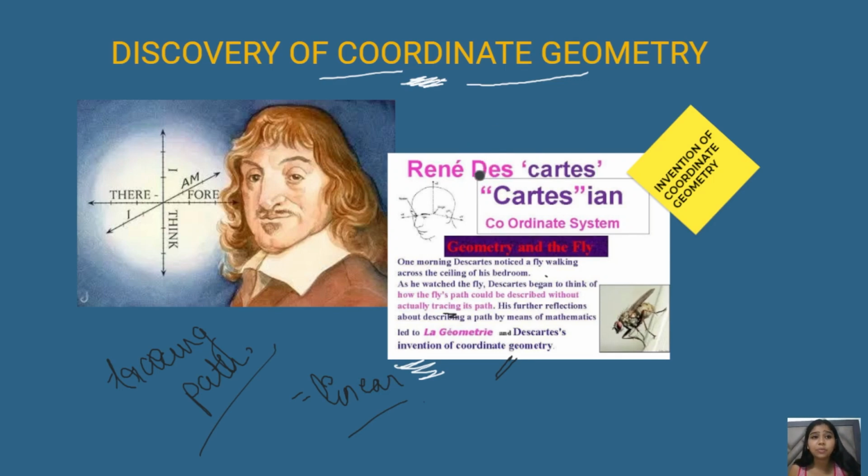In this chapter some basics are there, like what is the Cartesian plane, what the points on the Cartesian plane are known as, what the equations in the Cartesian plane are known as, and what the lines of the equation planes are known as. So this is what we are going to study in this chapter.